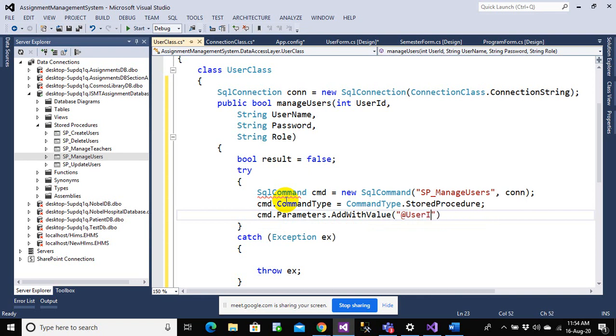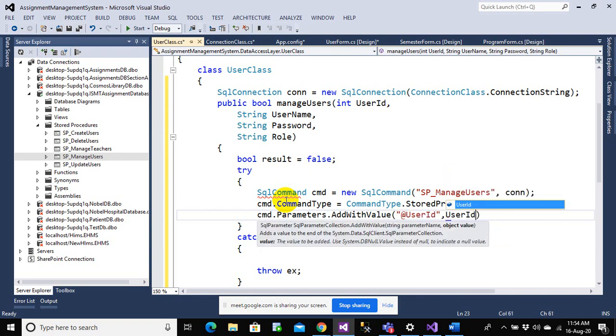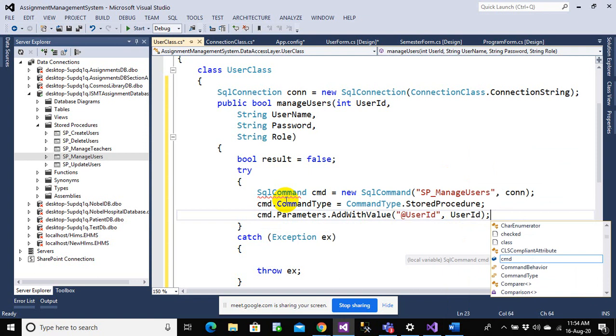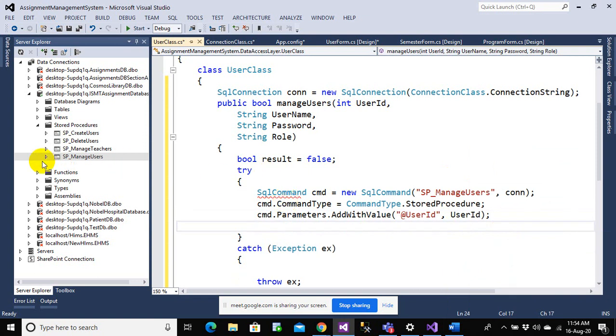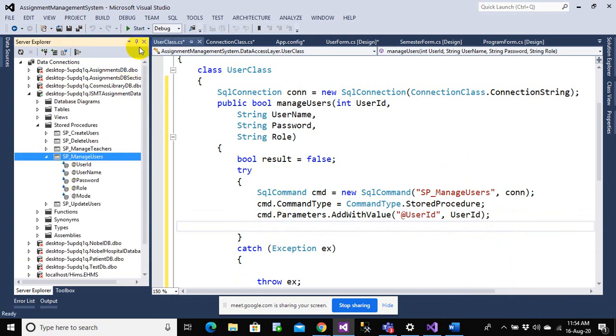At the rate userID. You have to provide them absolutely in the same sequence as you have defined here.